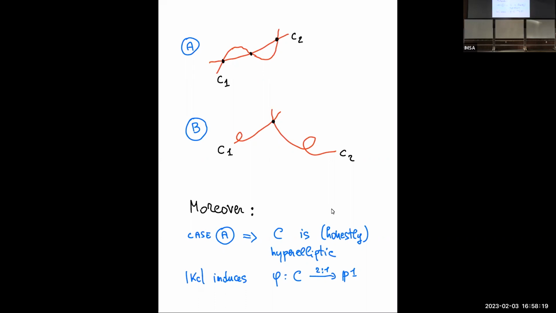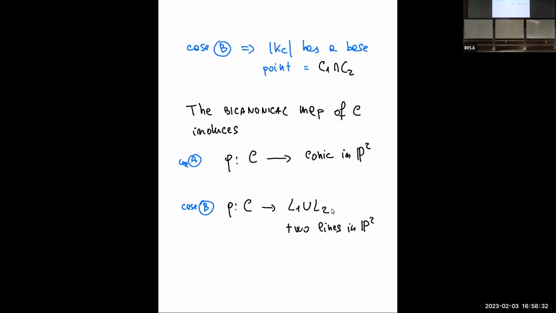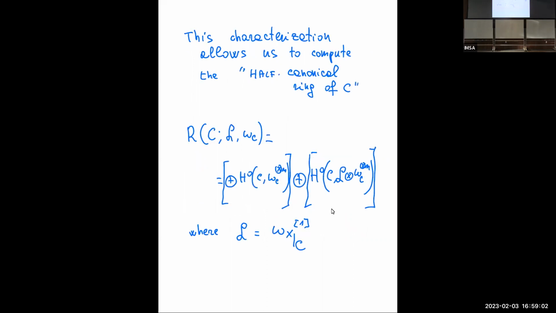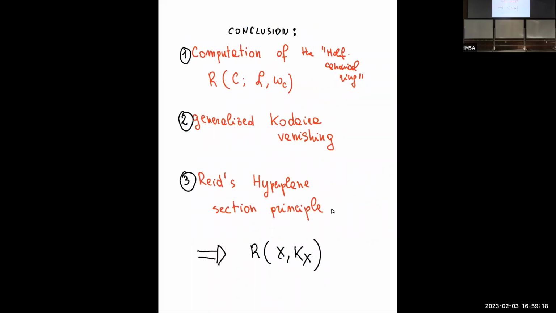Moreover, in case A, C is hyperelliptic in the sense that the canonical divisor induces a morphism to P1. In case B, the canonical system has a base point. And considering the bicanonical map of C, we have this geometric interpretation. In case A, we obtain a morphism onto a conic. In case B, we obtain a morphism onto a degenerate conic, onto two lines. And this characterization allows us to compute the half canonical ring of C, which is the one I explained before, in these two different setups. And we obtain this conclusion, which says that